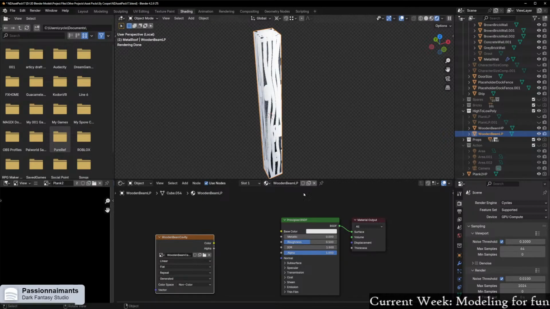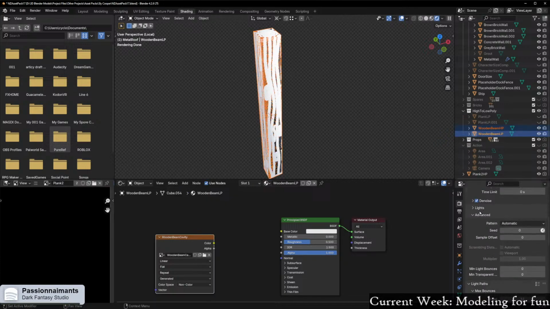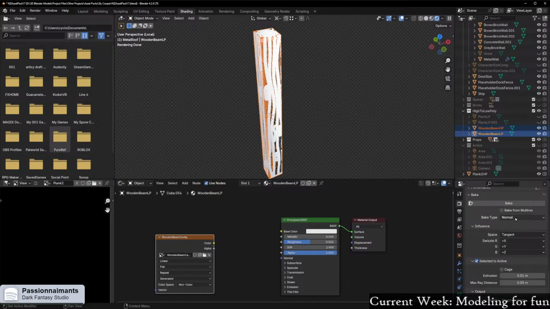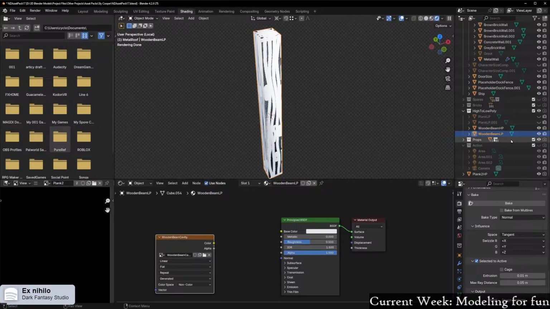So now if I hit the bake button, okay, no, this is normals actually, never mind. So if I'm doing it based off of this, if I grab that, and now if I bake this,